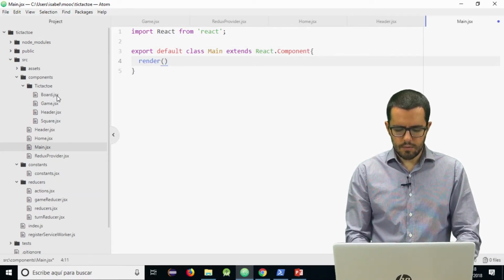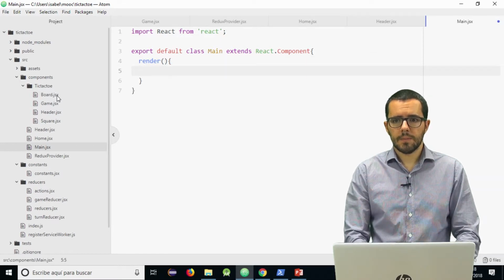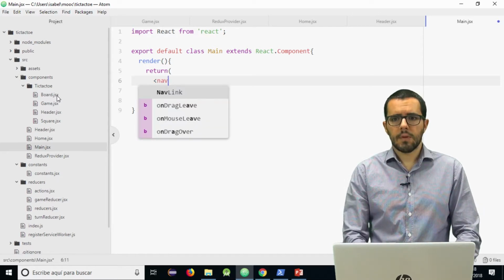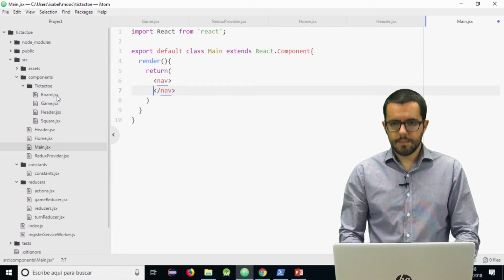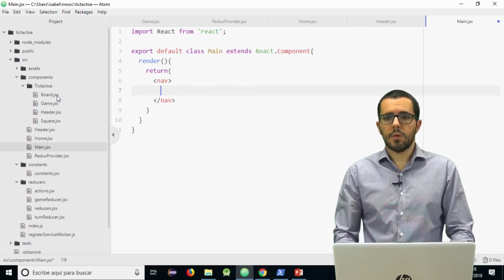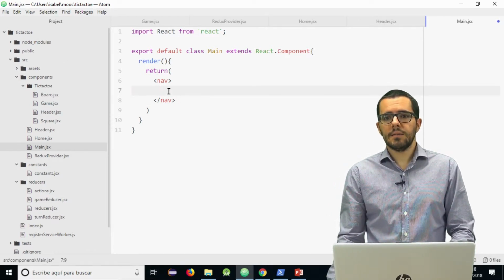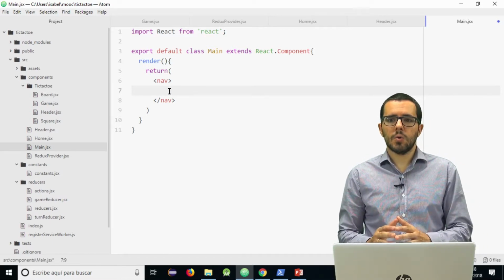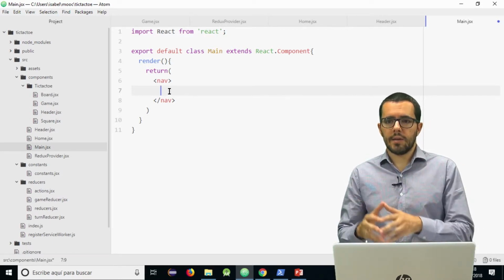This is just another functional component that will return a nav or a div as a main component, and inside it will have to decide if it shows the home or the game.